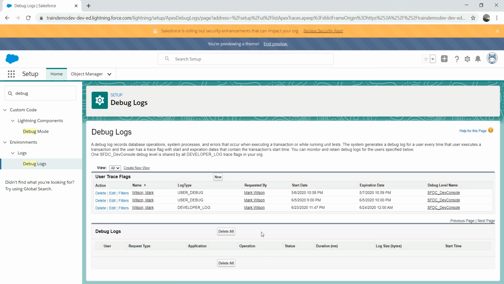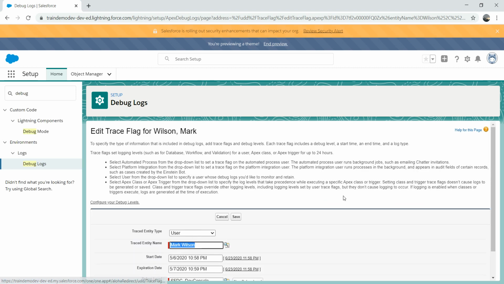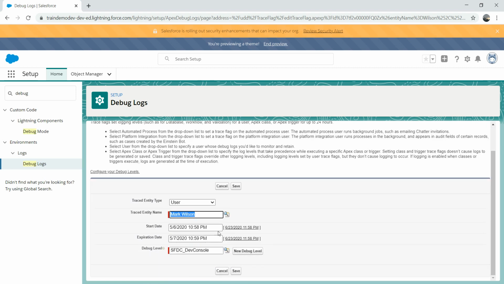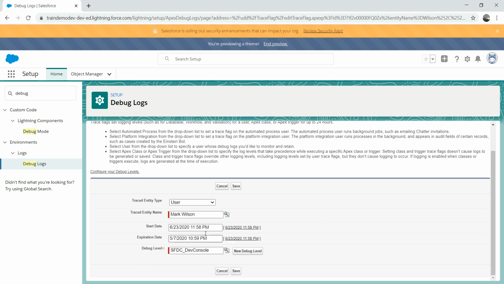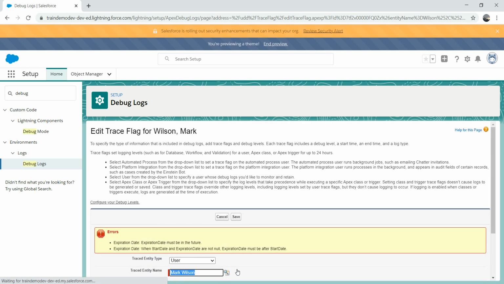So right now my logs are deactivated because its start date is 6th of May, and expiration 7th of May. So what we're gonna do, let me edit it, and then activate it for today. So I will make it today's day, and then I'll make this today's, and I'm just gonna add it to, say, 12, because what I often do if I